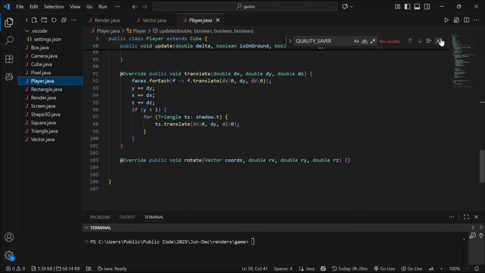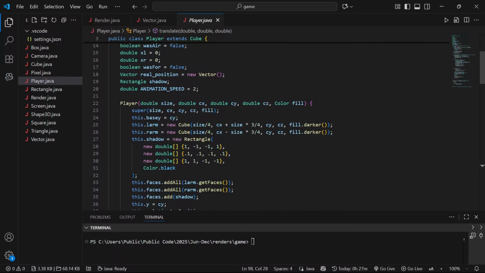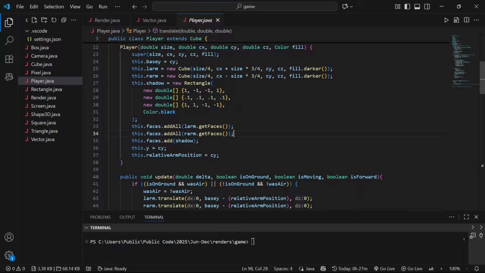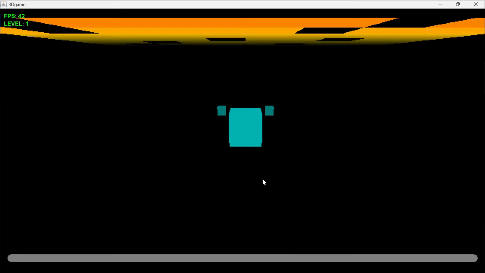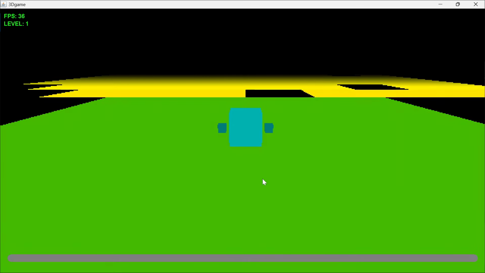Now if you go into player.java, it should just be a cube, but you can see it's 100 lines long. That is because if you go up here, you can see that we add an arm. So we have a left arm and a right arm, and I wanted to add animations for all of them. So the first two animations that I added was an idle animation where the arms go up and down, and